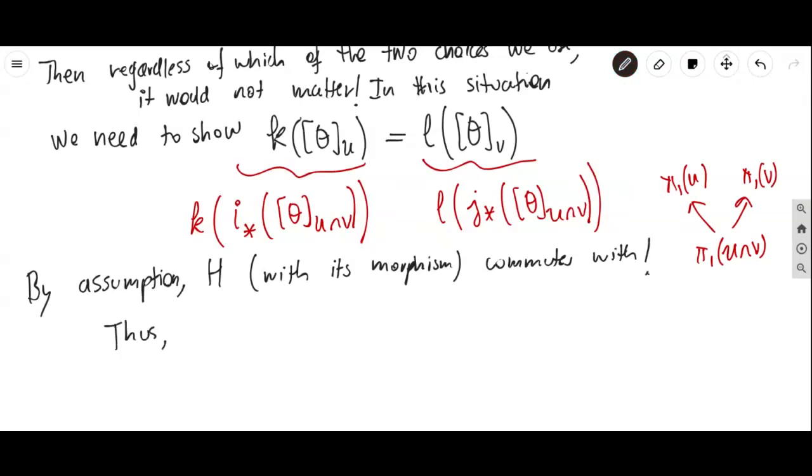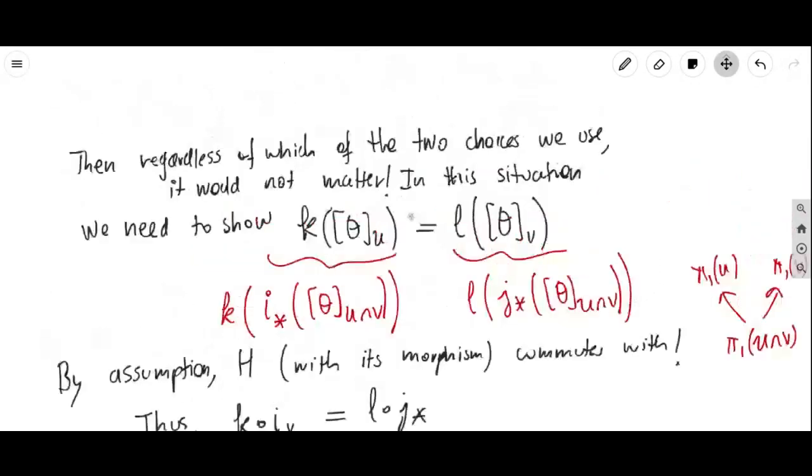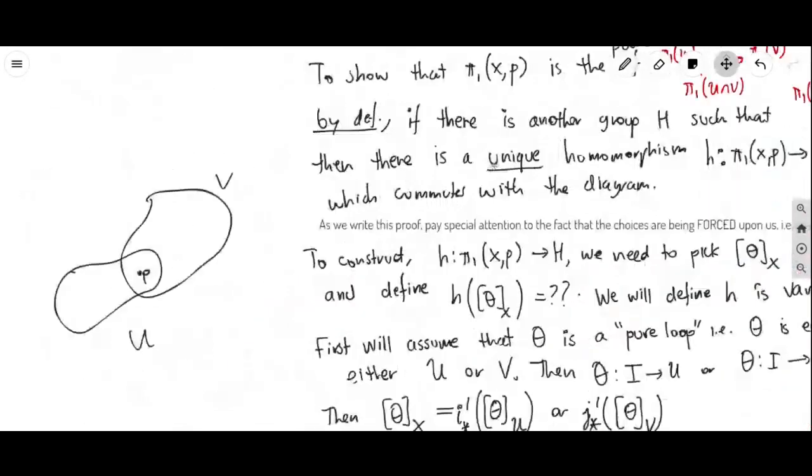So thus, K composed I star is the same thing as L composed J star. That is just the assumption on the H. If we go back to the very top of the proof, where we had,